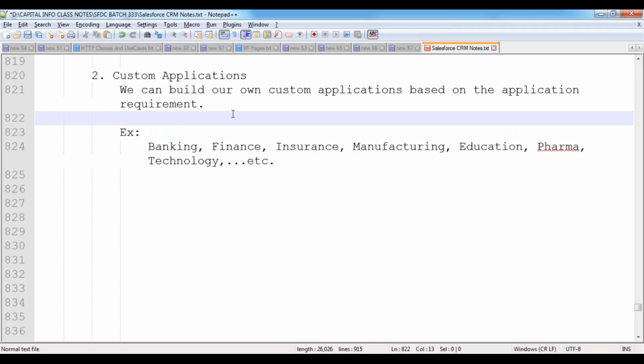Custom applications can be developed by either a Salesforce administrator or a Salesforce developer. Only the Salesforce administrator or Salesforce developer can develop their own custom applications.